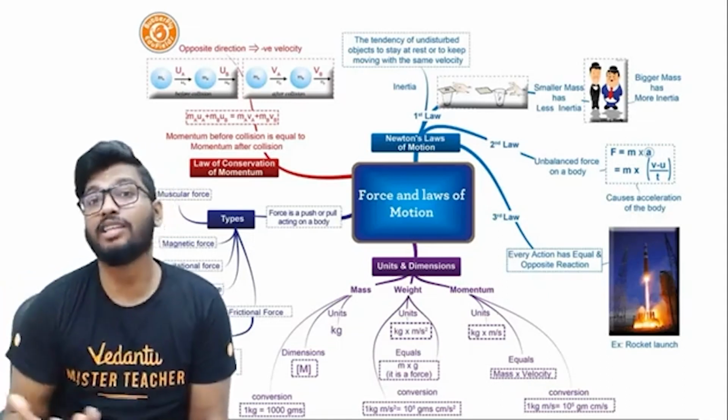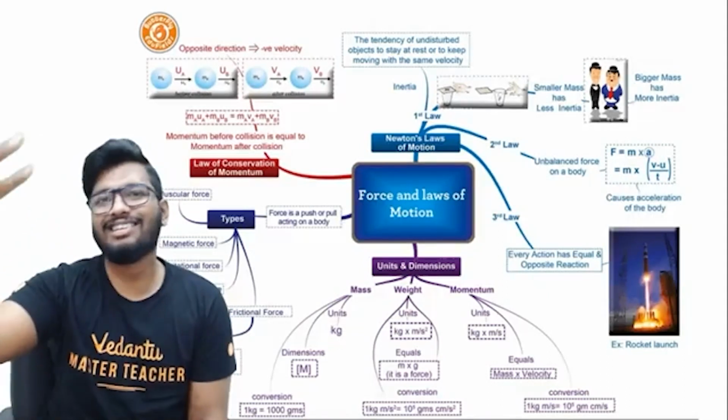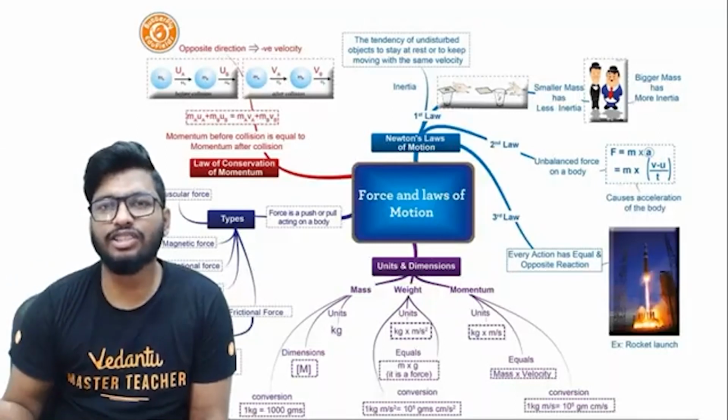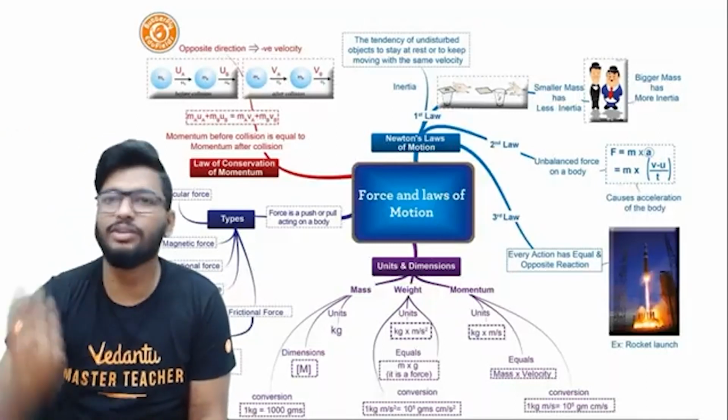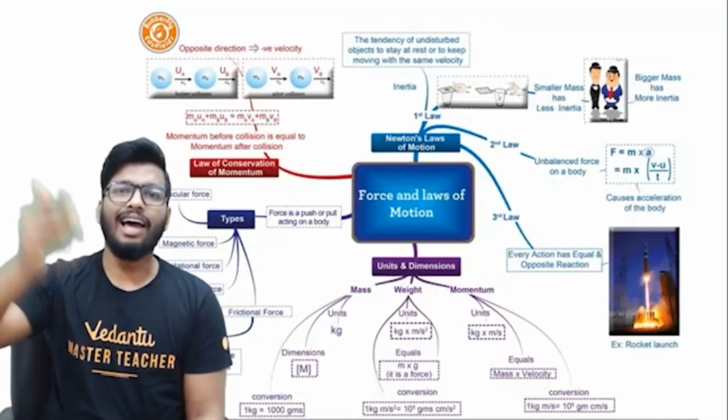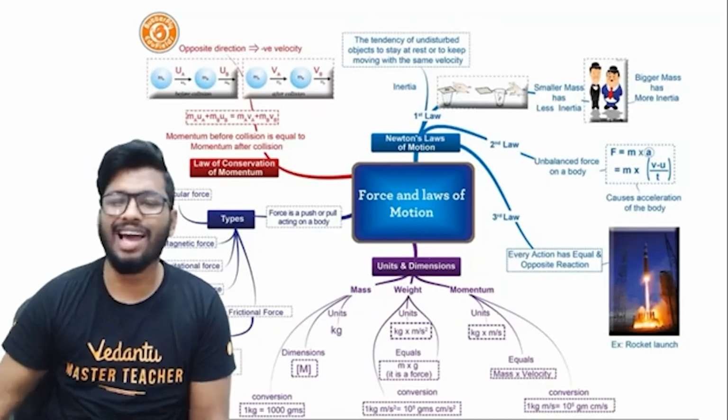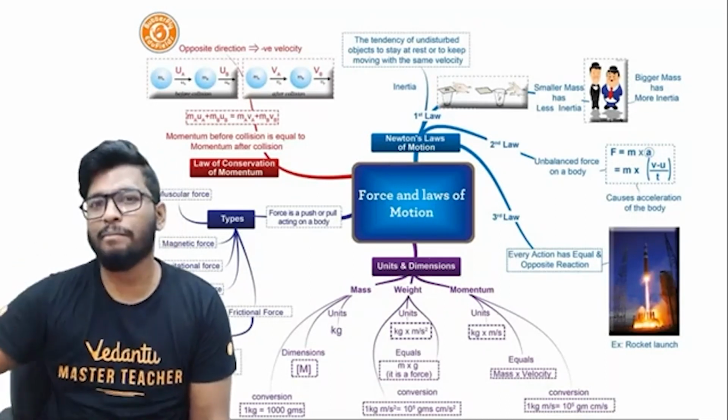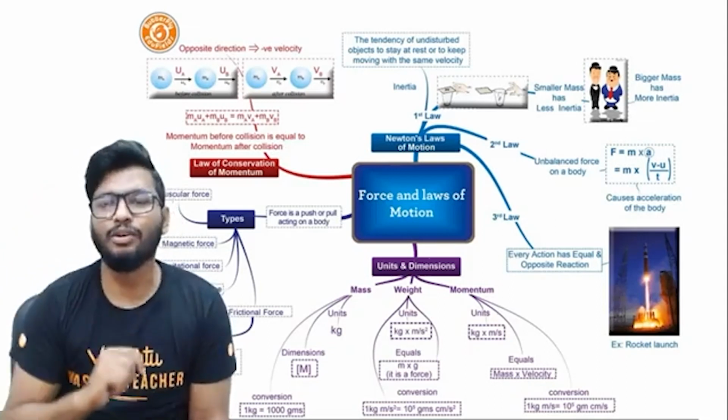If you talk about weight, weight is nothing but the force acting on a body because of the gravitational pull, or the force by which Earth is pulling it towards the center. And the formula is weight is equal to mass times acceleration due to gravity. So W is equal to m into a is the formula for that, and the unit is kg meter per